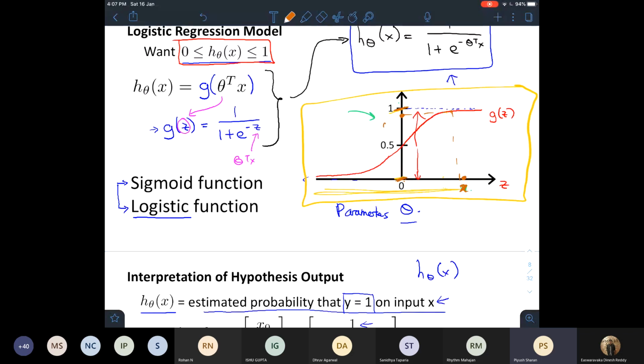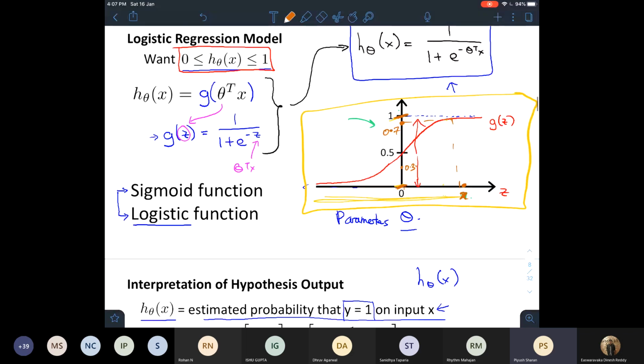If I'm getting something like 0.7, then this means that I have a 70% chance that my value is 1, right? Similarly, if you have something like 0.3, it says that there is only a 30% chance that my value is actually 1. You can model it as probability, but it is not really necessary.